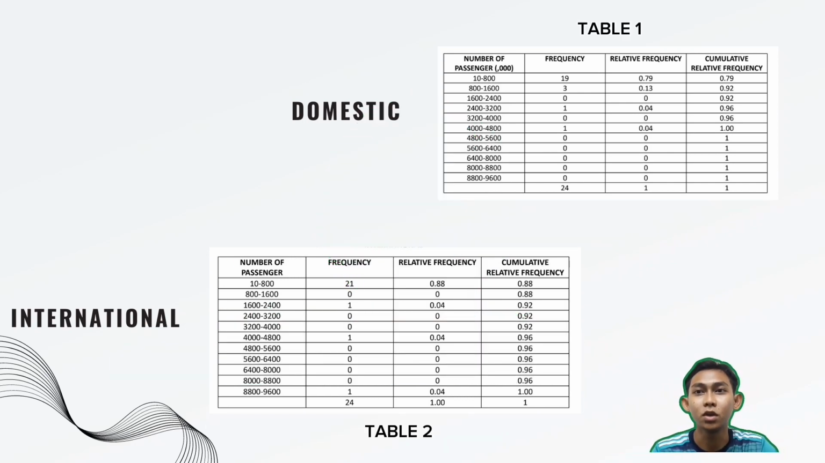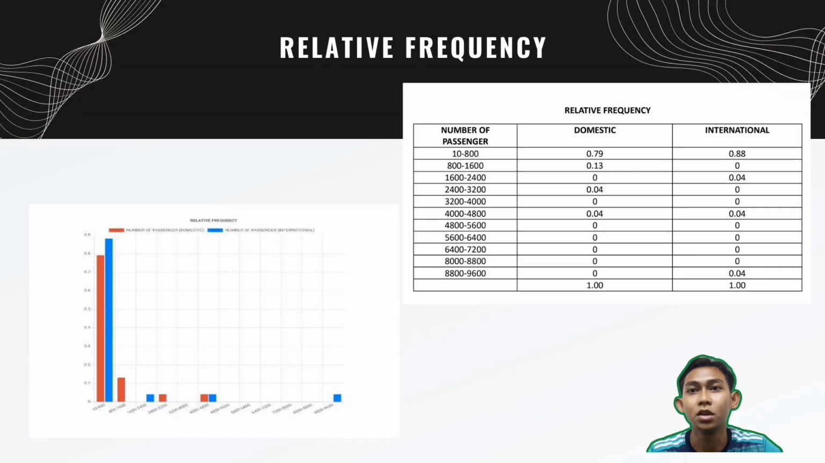So for part 1, we prepare the table and bar graph. Firstly, we spread the domestic and international data to find the frequency, relative frequency, and cumulative relative frequency in each dataset. In tables 1 and 2, we include the analysis for each part. The second part is where we need to compare between relative frequency and cumulative relative frequency for the domestic and international